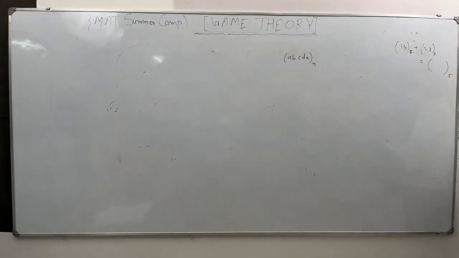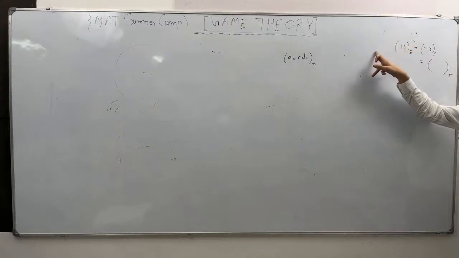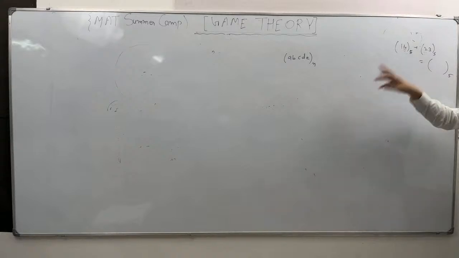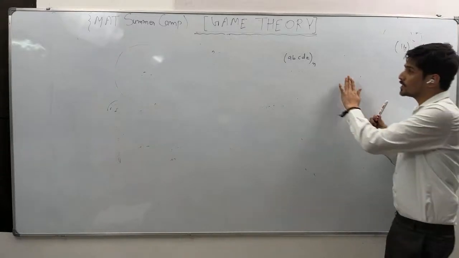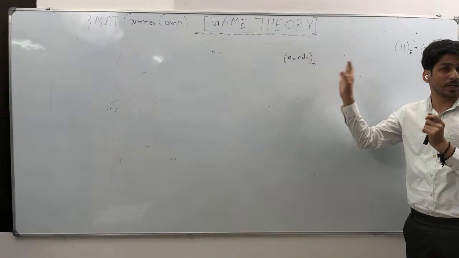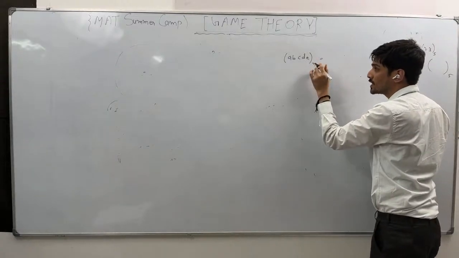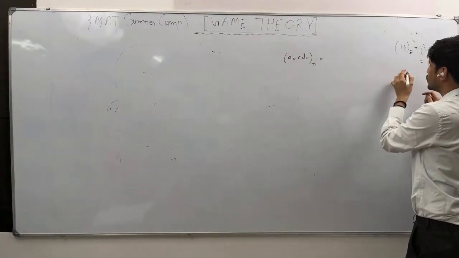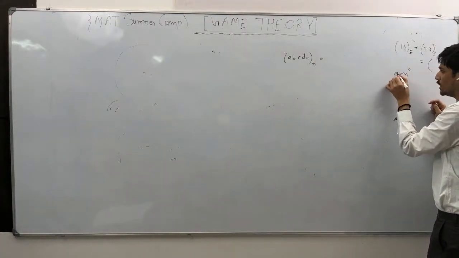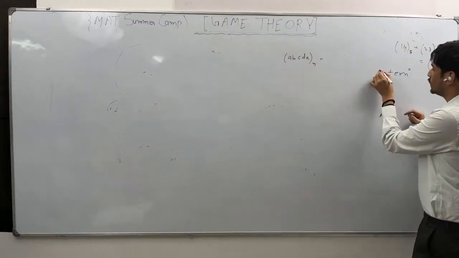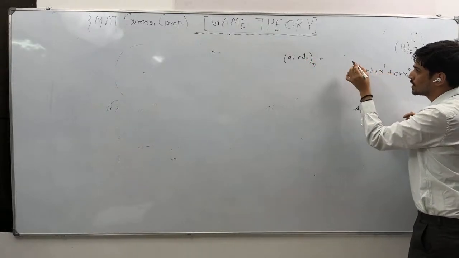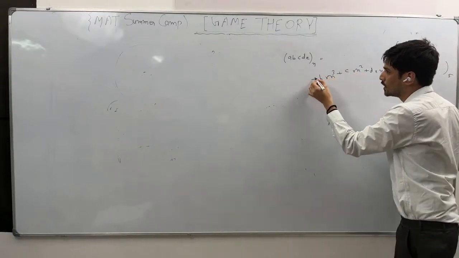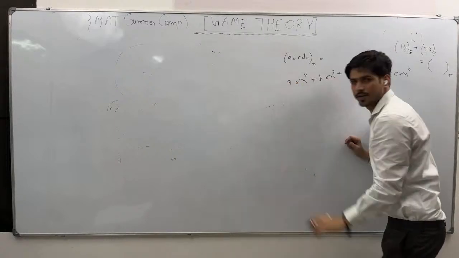7 is not available in base 5, right? So first you can convert this into base 10, then you can add normally, then whatever number you get, you convert into base 5. So let's say you have a number in base n, and you want to convert it into base 10. What do you do? n power 0 into e plus n power 1 into d plus n power 2 into c, n power 3 into b plus n power 4 into a. Is it clear?